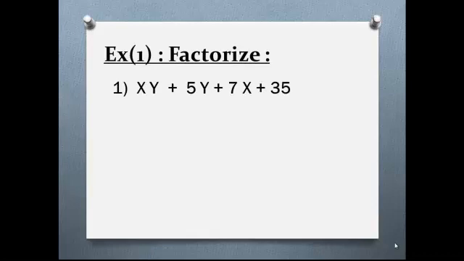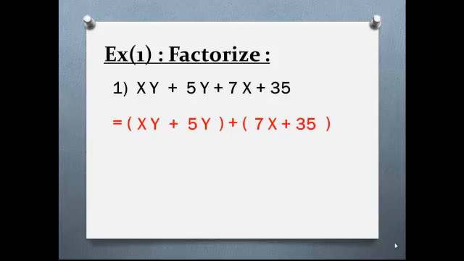xy plus 5y plus 7x plus 35. You have 4 terms, so divide it into 2 groups, and don't forget to put plus between the 2 groups. How to choose terms in each group? Just choose terms that can be factorized or can take highest common factor between them. In this problem, you can take xy plus 5y in the first group and 7x plus 35 in the other